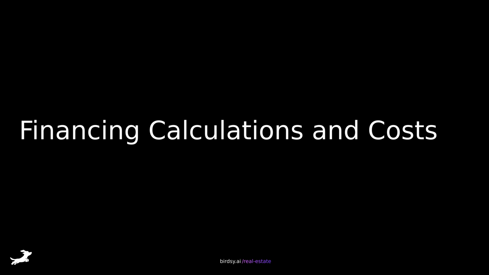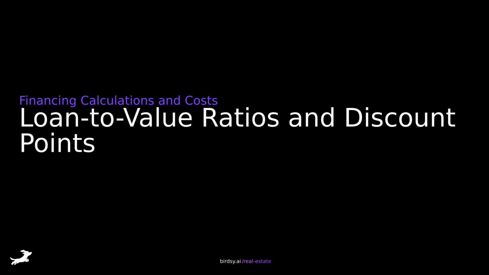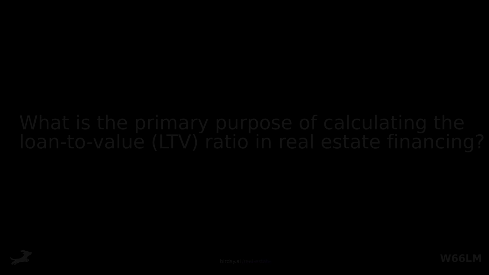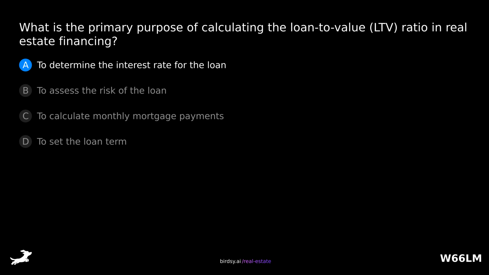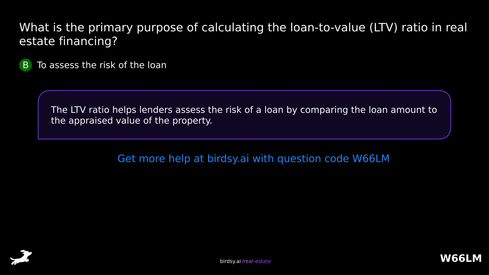Financing calculations and costs. Loan-to-value ratios and discount points. What is the primary purpose of calculating the loan-to-value ratio in real estate financing? Is it A. To determine the interest rate for the loan? B. To assess the risk of the loan? C. To calculate monthly mortgage payments? Or D. To set the loan term? The answer is B. To assess the risk of the loan. The LTV ratio helps lenders assess the risk of a loan by comparing the loan amount to the appraised value